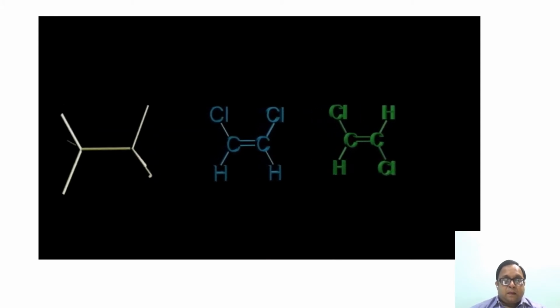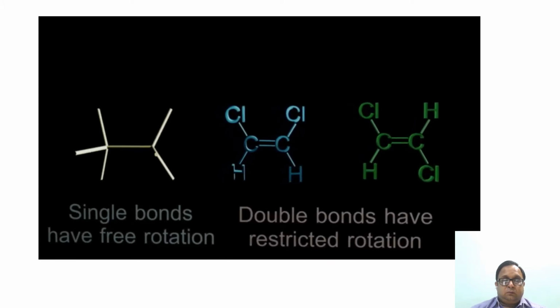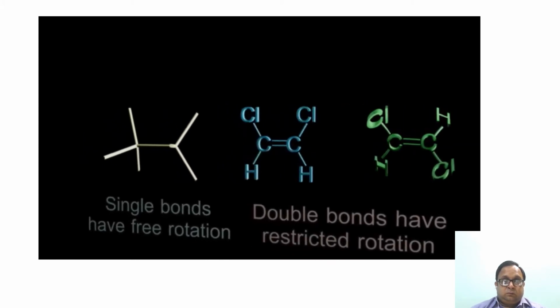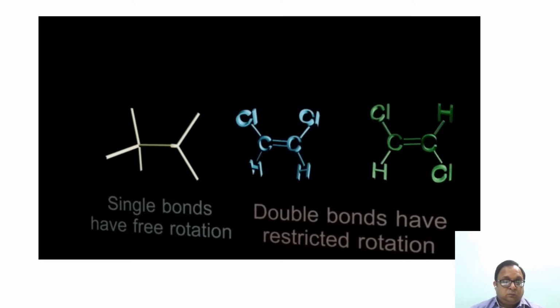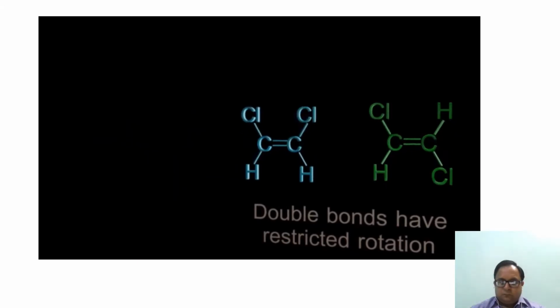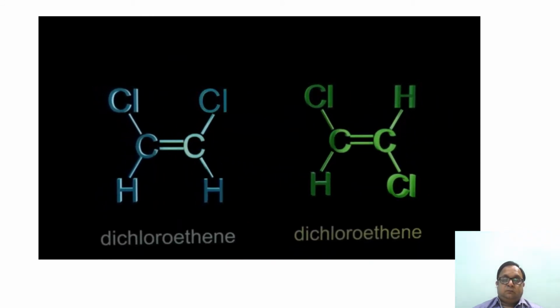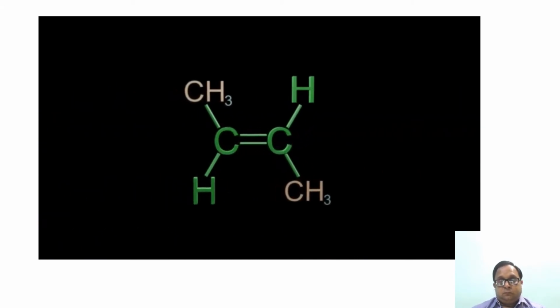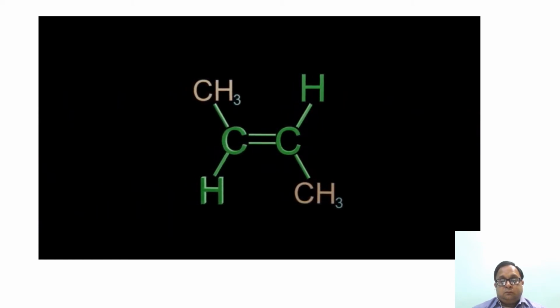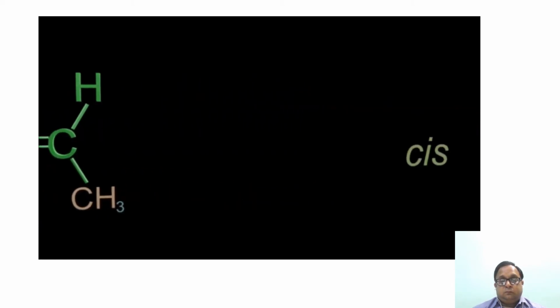Compounds with single bonds have free rotation around the carbon-carbon bond, but for double bonds, the rotation is restricted, which means that for the branches coming off of the double bond between the carbons, their orientation is important. On the left-hand version, the two branches that are chlorine are both going up, and that's called cis orientation. And if they're opposite, then that's called trans, like the two chlorines on the right. So for example, here the branches are opposite, so this would be trans-butene. You can hypnotize yourself by looking at this and get the meaning of those two words into your brain.